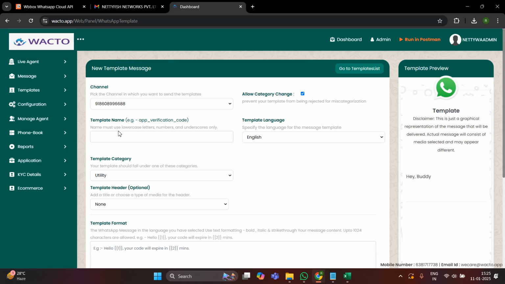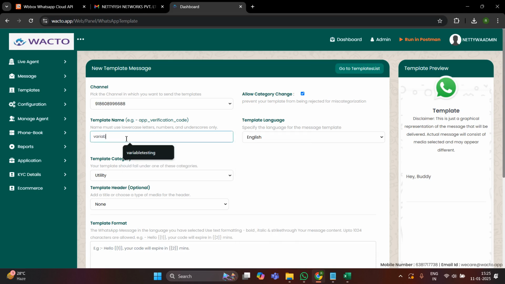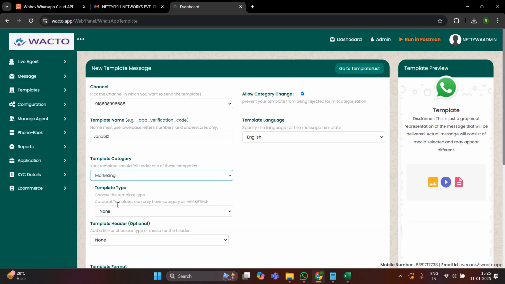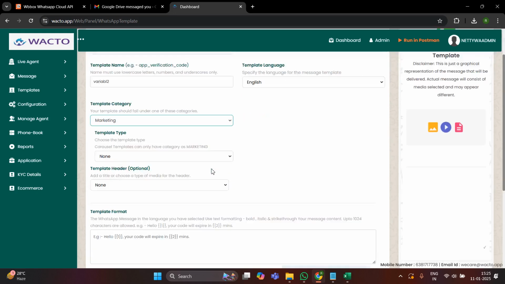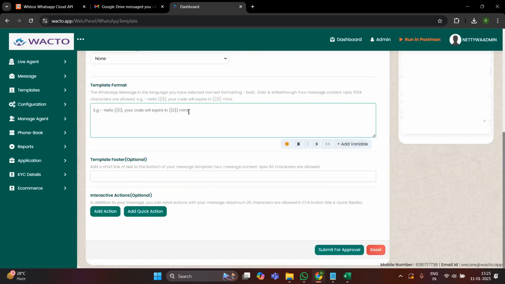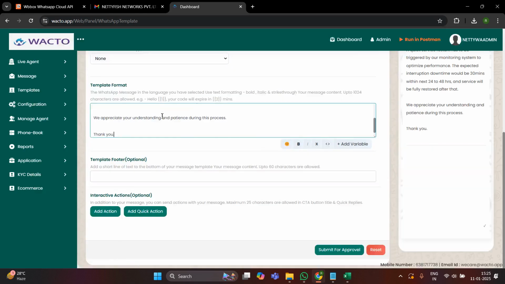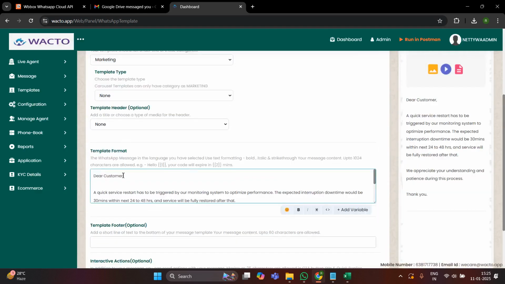So in new template message, we have to give a template name. I'm giving a name here and I'm selecting the category as marketing. So I'm going to copy paste a template now. So in this content,